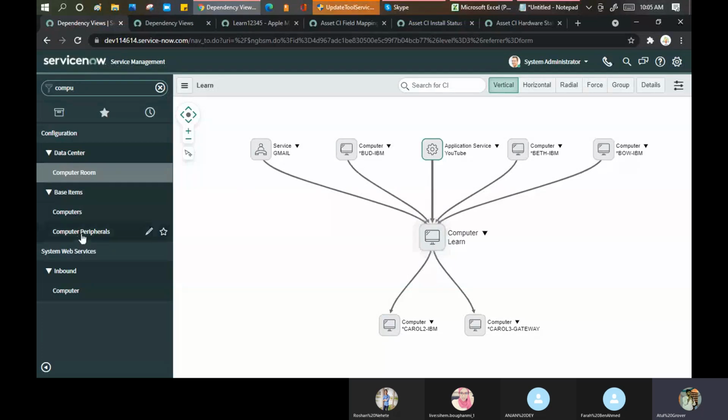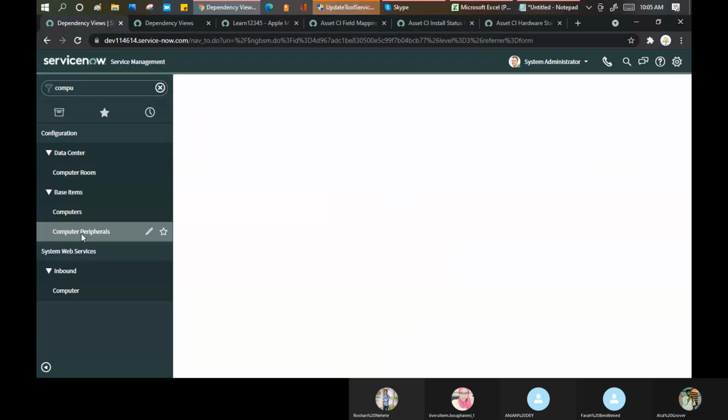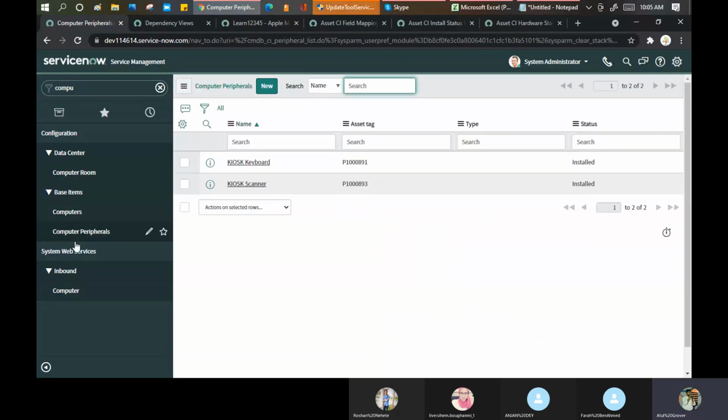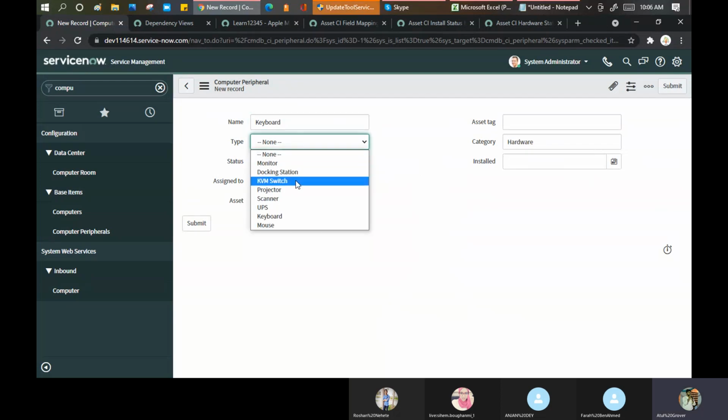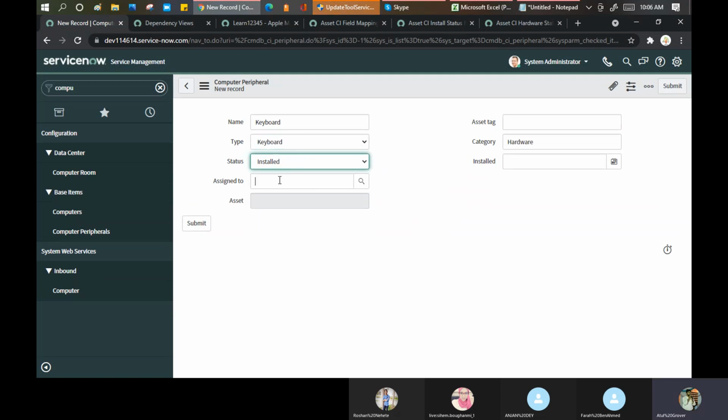You can go here to computer peripherals, and you can create your peripherals here. I say it is a keyboard. Type is keyboard. Installed, yes. Assigned to, you can assign to one team, because for thousands of keyboards you cannot assign to multiple people. Okay. So asset tag you can put.